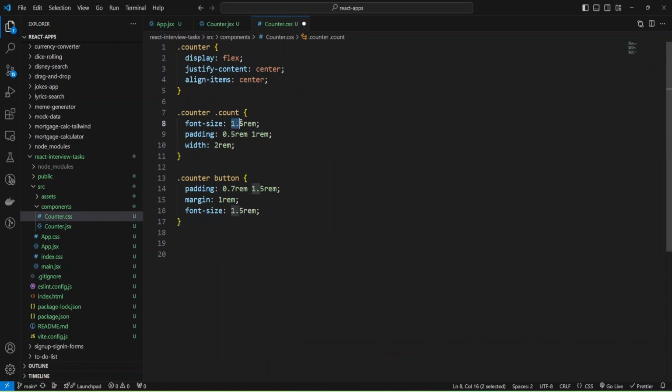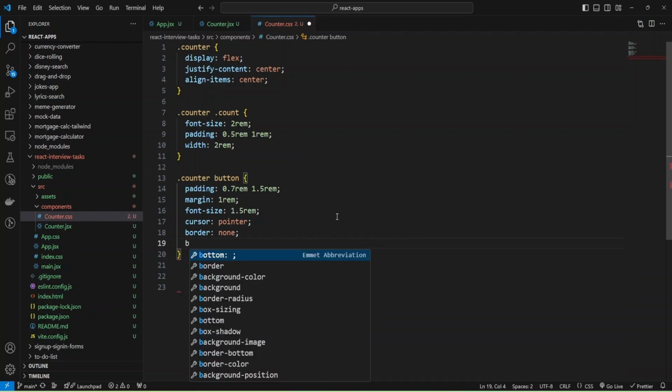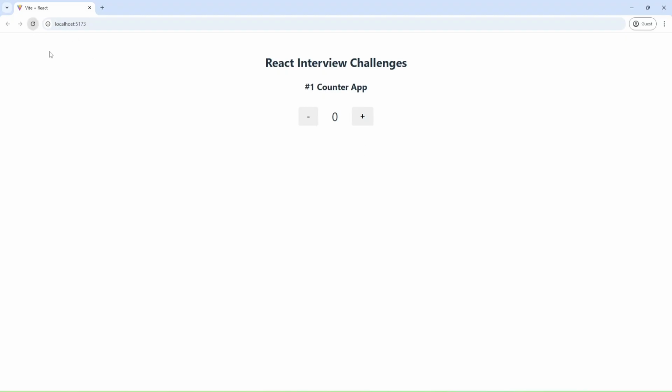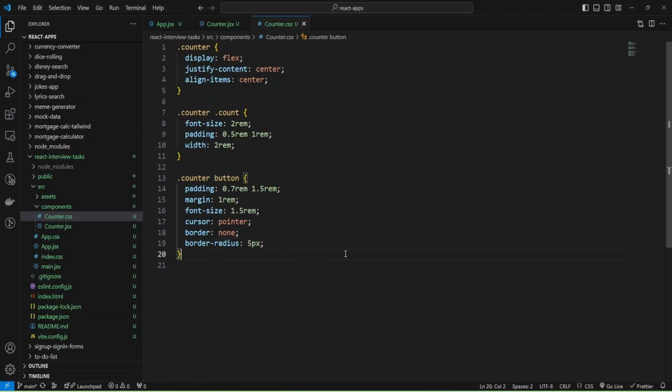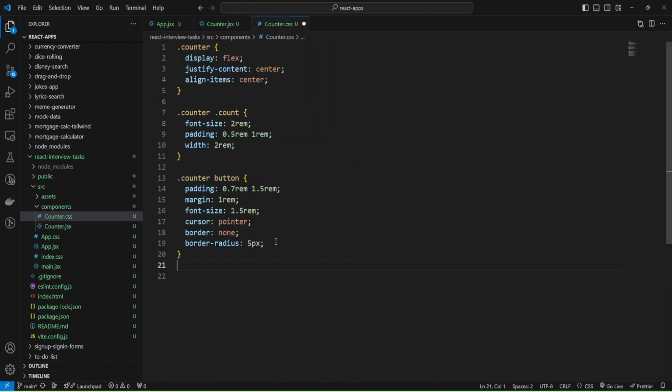Let me change here to 2 rem. Okay, and also make cursor pointer, and also remove borders, and also let's add some border radius 5 pixels, and let's check. Okay, we have our buttons, and one more thing that we can change is the background color for decrement and increment.